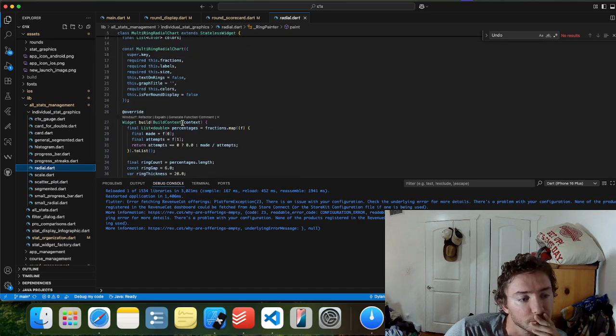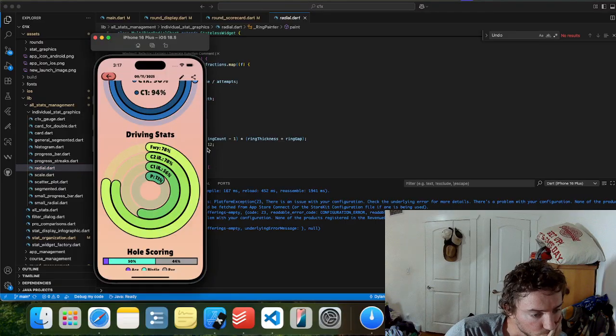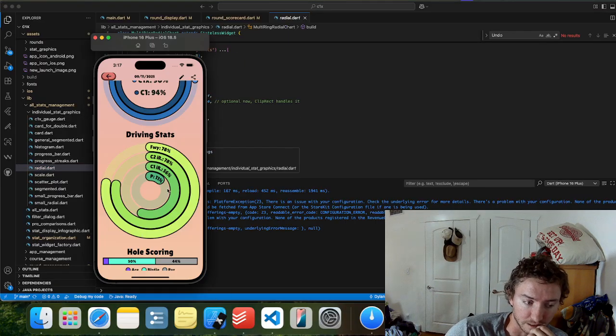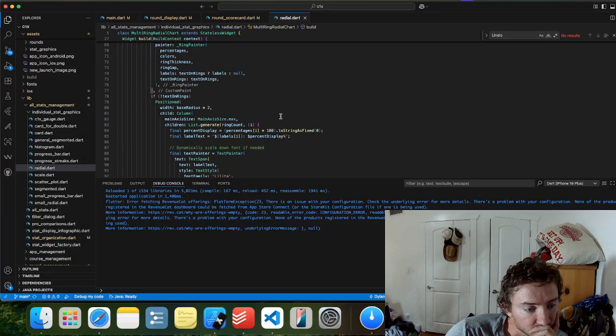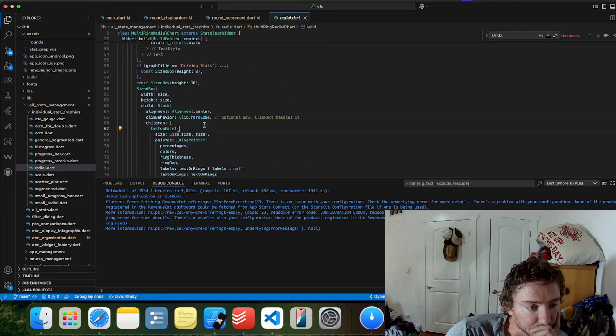Yep. Okay. So I was wondering, at least on the driving stats, if I can get away with showing the numbers next to the text here, which might be a bit much.